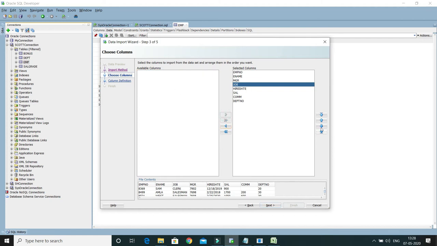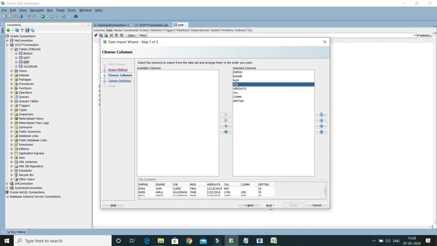Now here you can see we have some buttons to arrange the sequence of these columns, these values. If you want to move a column to the top, or up or down, then you can make use of these buttons.